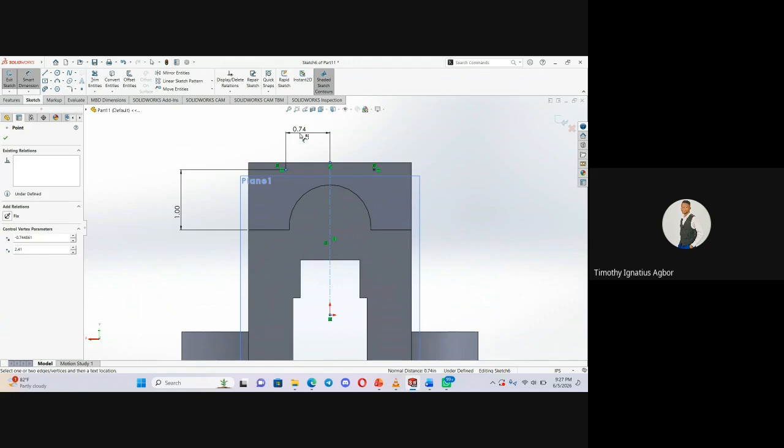So let's be sure. So look at it. Where I dimensioned it is wrong. My 1 mm, what I did was